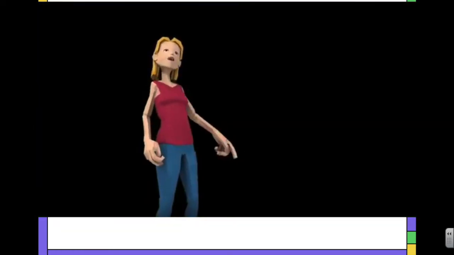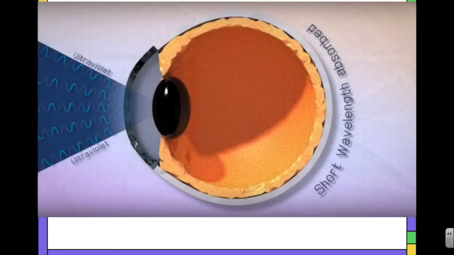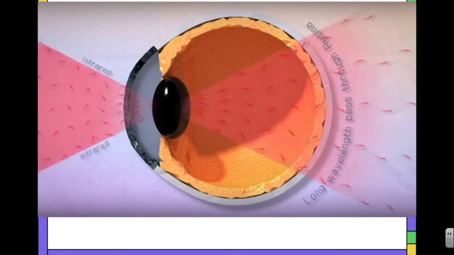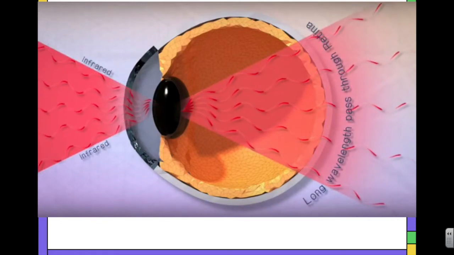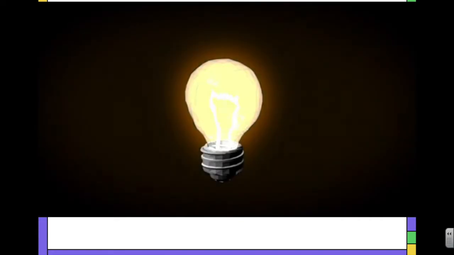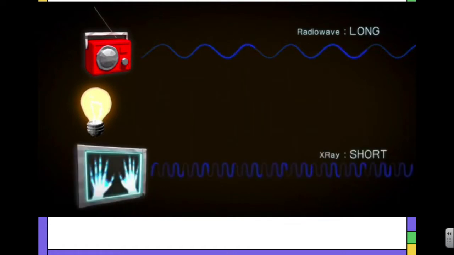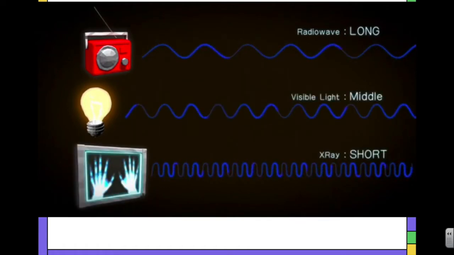If light shines on us that has an energy our retina can't measure, we won't be able to see it. Light that is too short wavelength or high energy gets absorbed by the eye's surface before it can even get to the retina, and light that is too long wavelength doesn't have enough energy to stimulate our retina at all. The only thing that makes one kind of light different from another is its wavelength. Radio waves have long wavelengths, while X-rays have short wavelengths, and visible light, the kind you can actually see, is